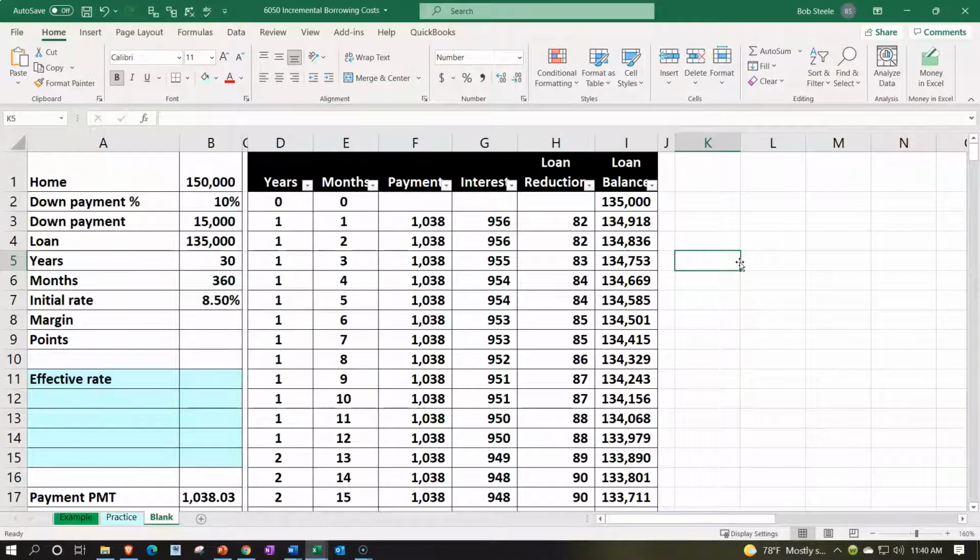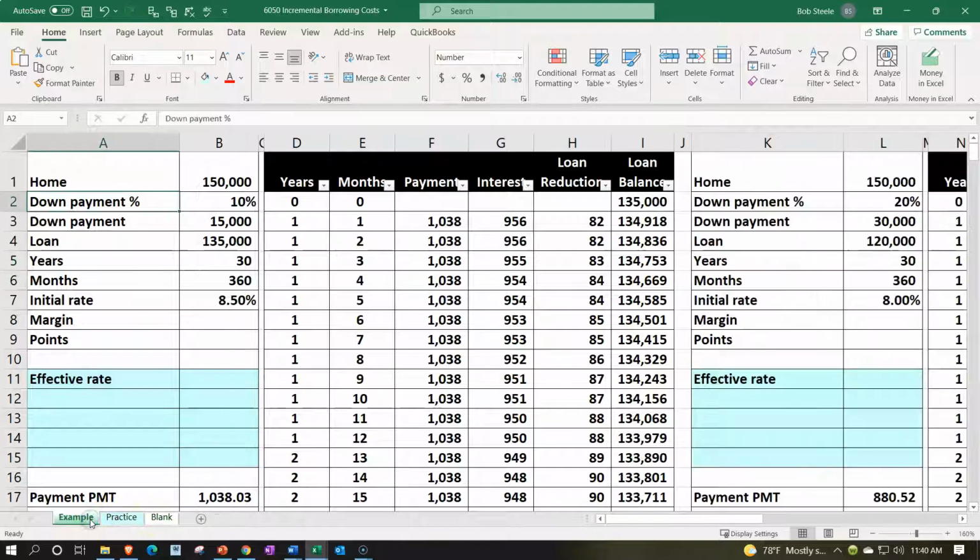If you have access to the Excel worksheet and would like to follow along, note that we have 3 tabs down below. We've got the example tab, the practice tab, and the blank tab. Let's take a look at them now, starting with the example tab, in essence being an answer key, comparing 2 loans, 2 30-year fixed loans, one with a larger loan amount than the other, and having a larger rate as well than the other loan, looking at the incremental borrowing costs of going from a $120,000 loan to the $135,000